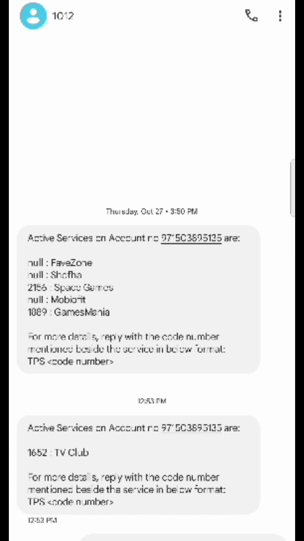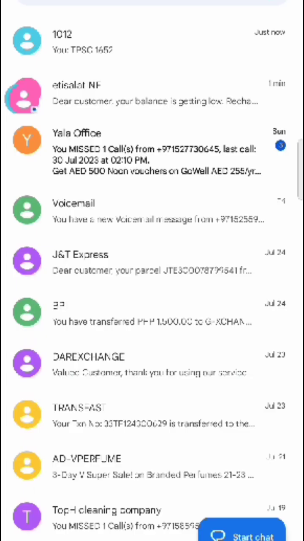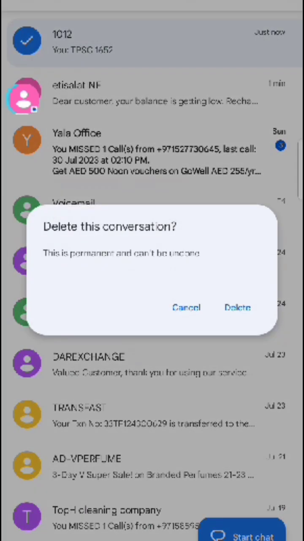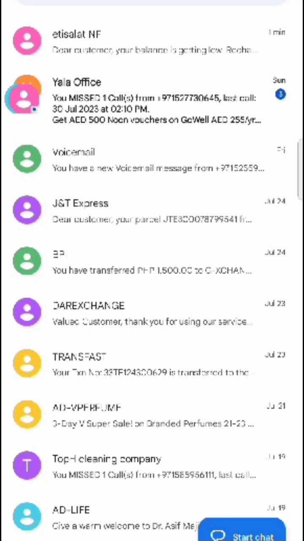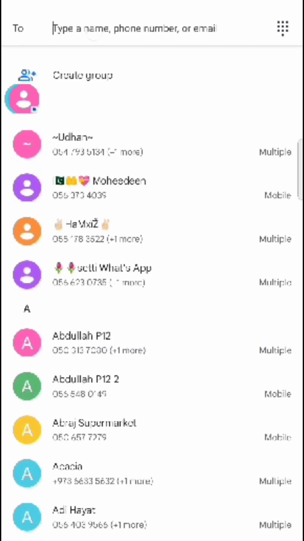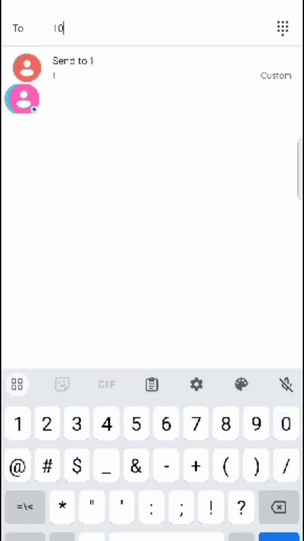So here you can see. Okay guys, we need to send a message for the deactivation. Before we send the message, we have to delete this message. After deleting, we go to send the message. Then type here